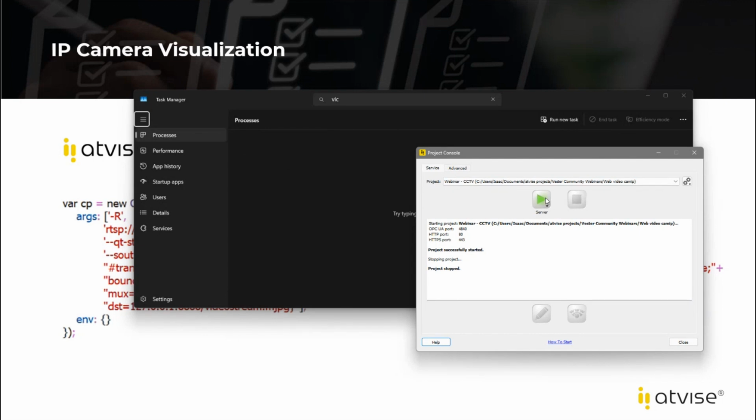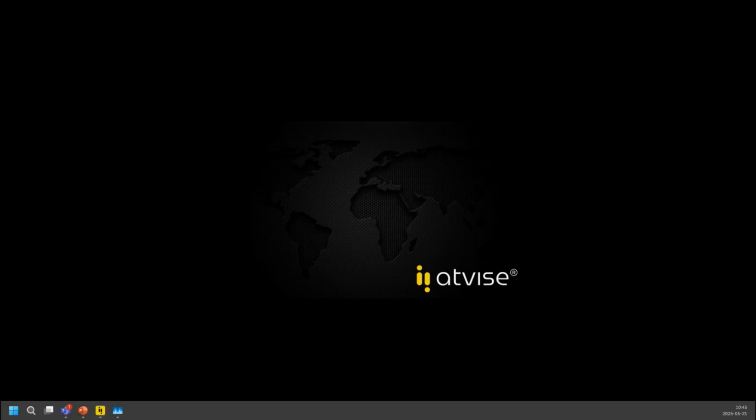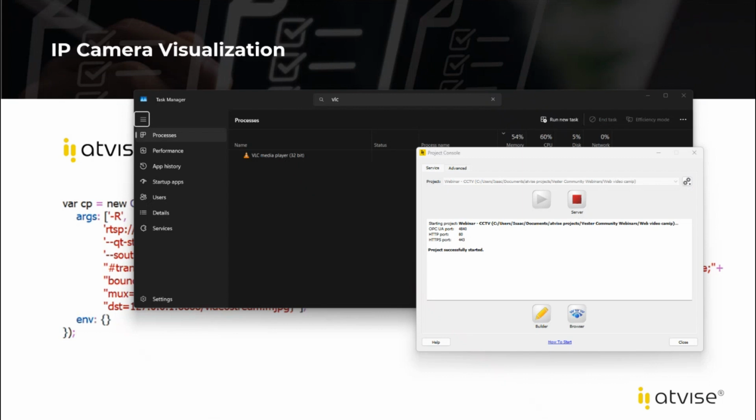And when we start again the atvise server, it automatically starts the VLC media player with these child process functions. Okay. And that's all that we wanted to show you. These are the two kinds of integrations that we can perform quite easily, and we have examples that we can